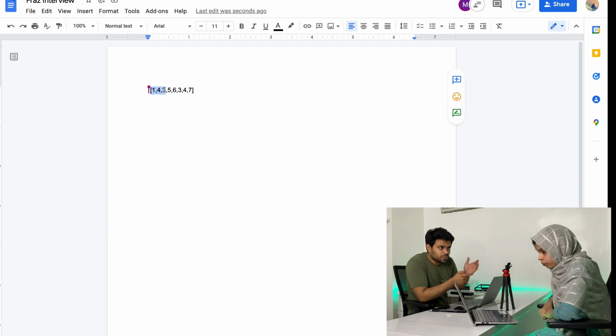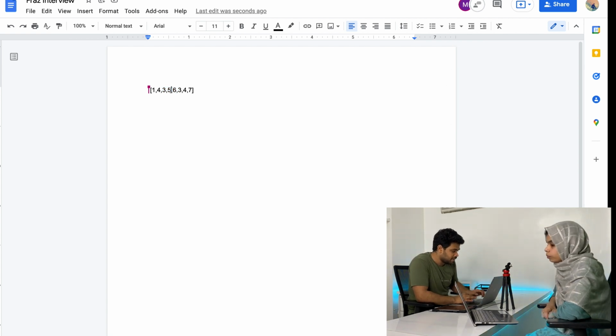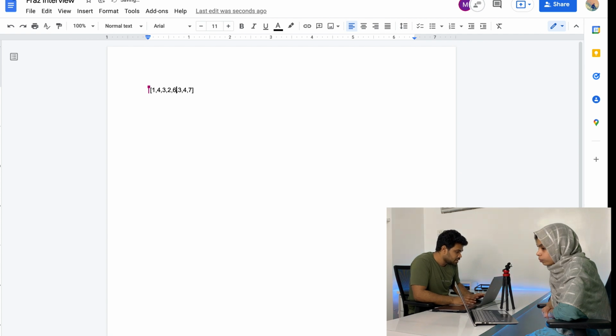It might be possible that 4 is now going out, because 4 is no more in the window. So let's say in this window, 4 is not appearing anymore, right? In that case, 3 might be a candidate for the maximum. In this case, it is not, but there might be an example. Let's say this is the example. So in this example, this 3 is maximum.